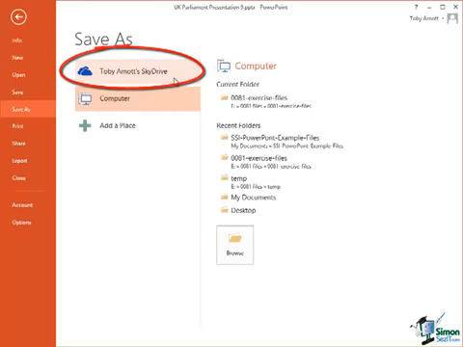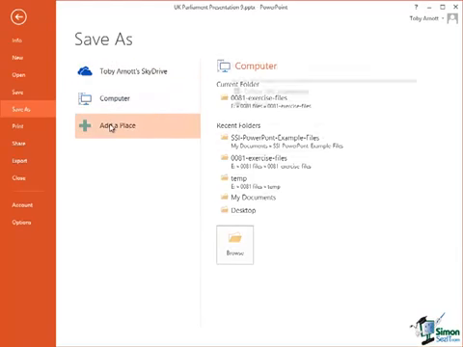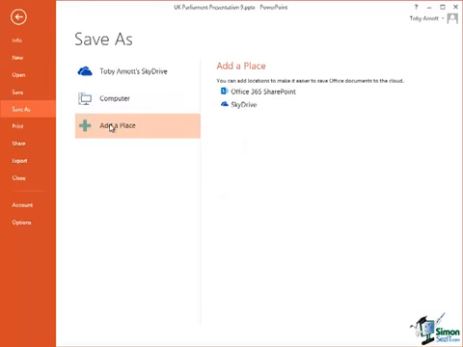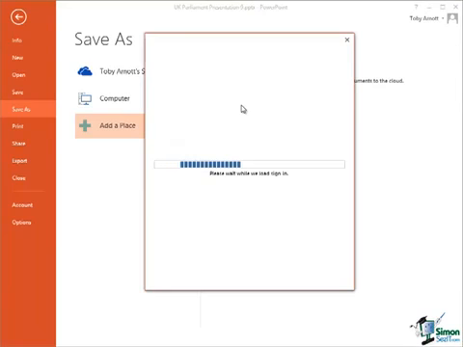If you don't have that, then provided you've already set up Skydrive via your Microsoft account, in order to set this up, or the equivalent of this up in PowerPoint, click on Add a Place, and one of the options in Add a Place is Skydrive. Just mention in passing here Office 365 SharePoint. If you're a subscriber to Office 365, this is how you would actually set up a linkage there. That's outside the scope of this course, so I'm just going to stick with Skydrive. So select Skydrive,